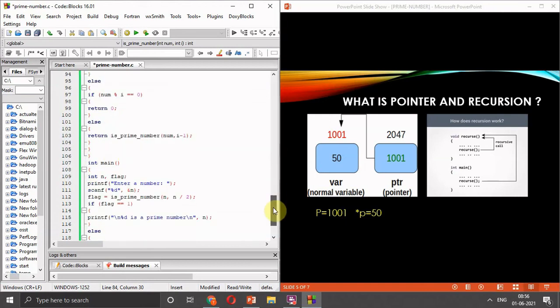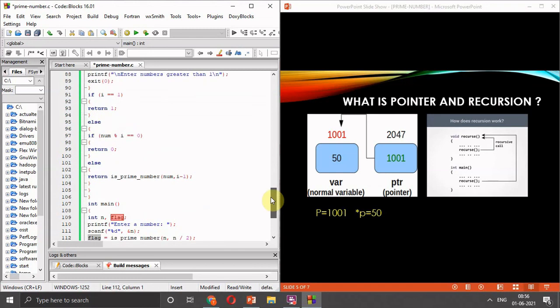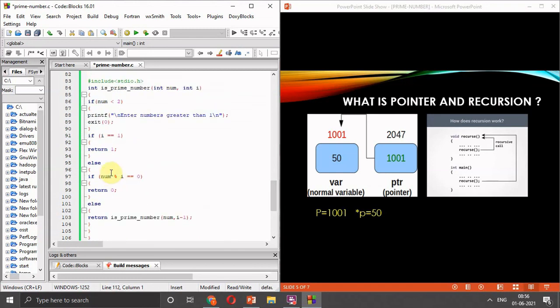If this i, which is passed as the parameter, is equal to 1, we will return 1. And when we return 1, the flag's value becomes 1. So if flag is equal to 1, we will print percent d is a prime number. We will consider this by taking an example.